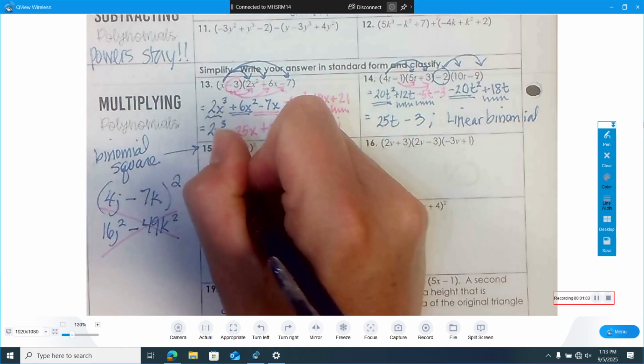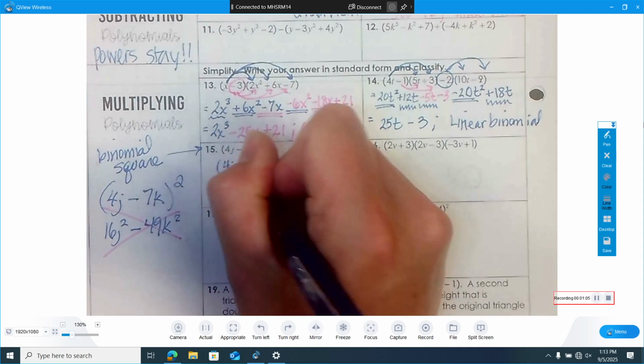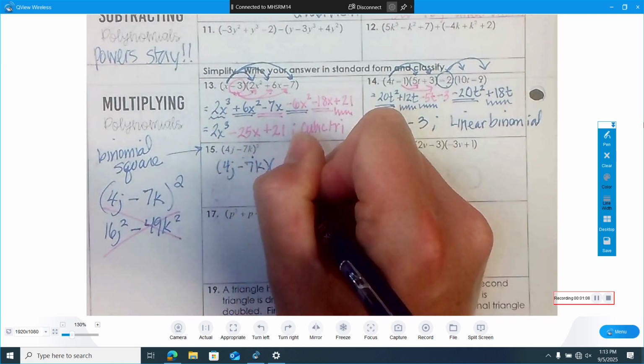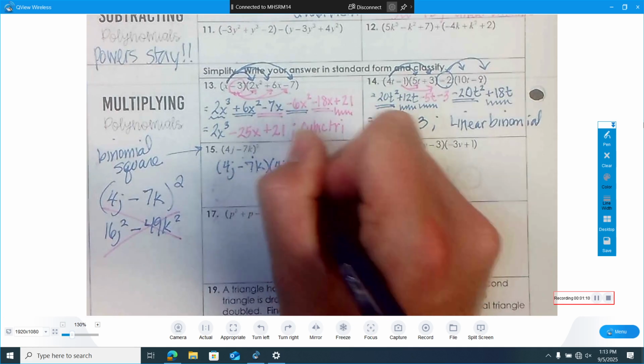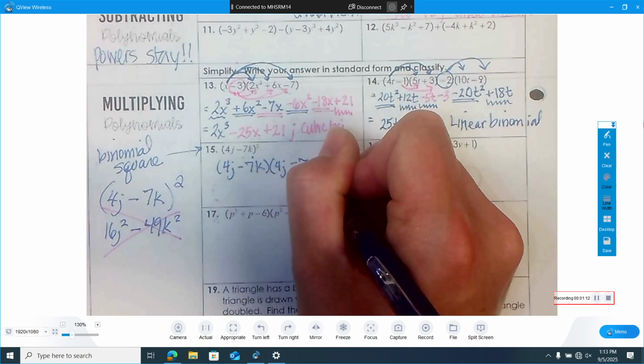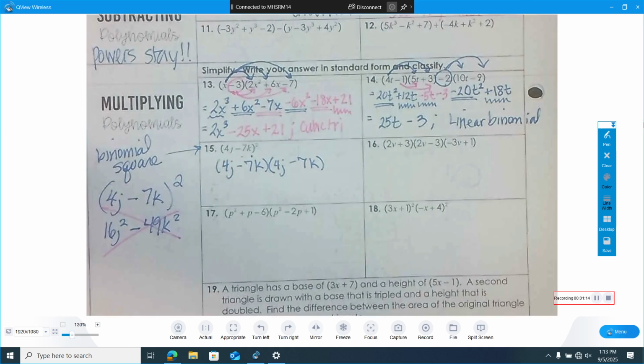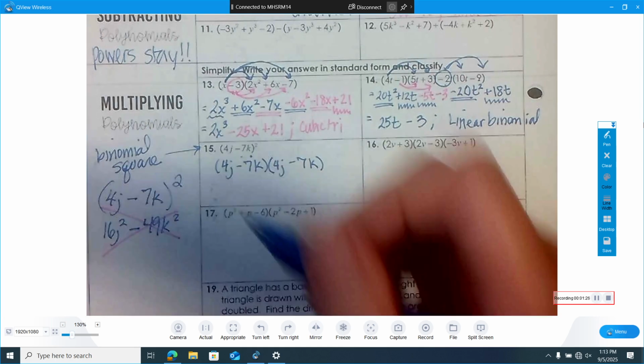Yes. We do need to write it out 2 times. Now, I don't write it out 2 times because I know the pattern. I've done it so much I can do it in my head. But as a standard rule of thumb, just write it out 2 times and multiply it together. You need to FOIL it. F-O-I-L. First